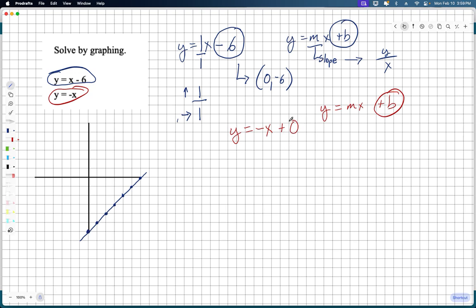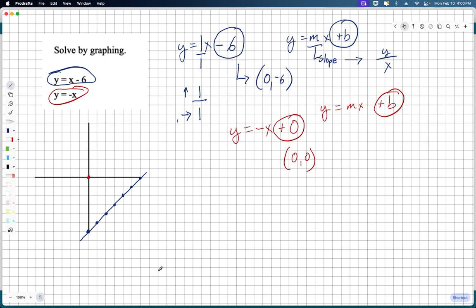It's always adding 0. If there's not a number here, we're not adding anything. We're not subtracting anything. So it's 0. So that means our intercept point is 0, 0. Because this is the y value that goes with 0 as the x value. So that means this is where we